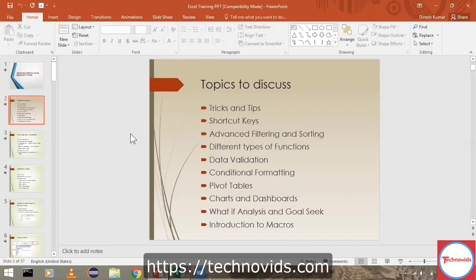And then we have a concept called filtering. Filtering is one of the important concepts as far as Excel is concerned. When you have a huge set of data, we often need to filter the data based on one or multiple criteria. The filtered data can be captured and copy pasted, or whatever you like to do on top of that. And of course, sorting. Once you filter the data, you can sort it either in ascending or descending order based on the requirement.